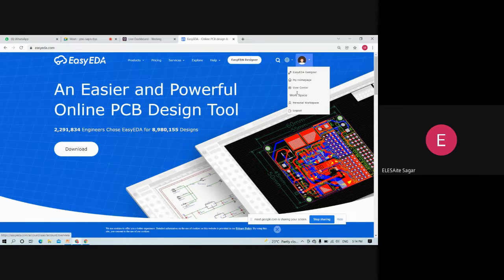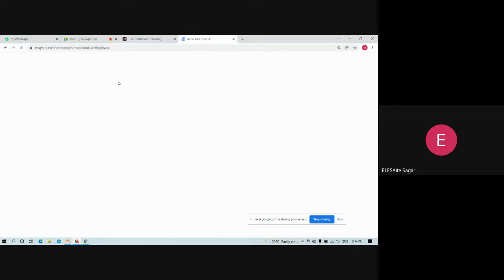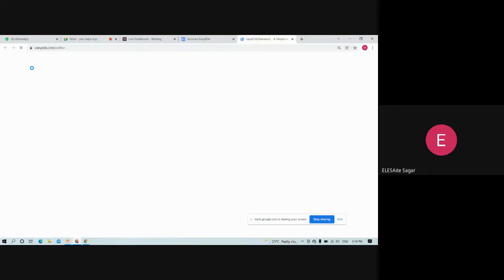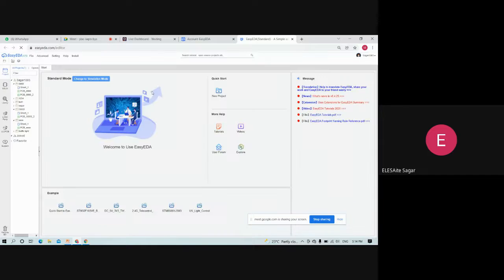So here you have to go through user center, and then click on product and select online editor. It will bring us to a new window like this one. Here you can see the new project option. Click on that,